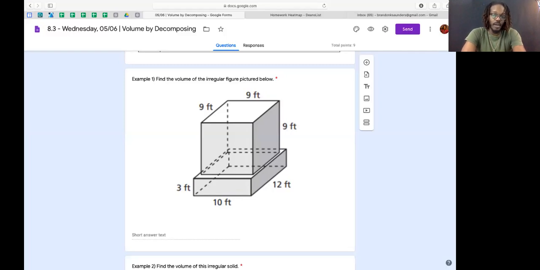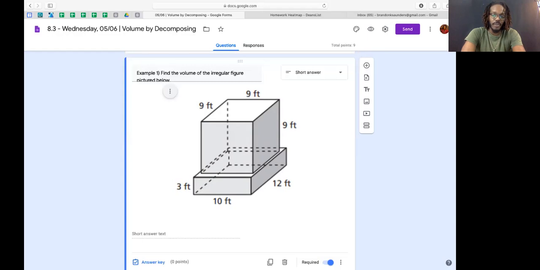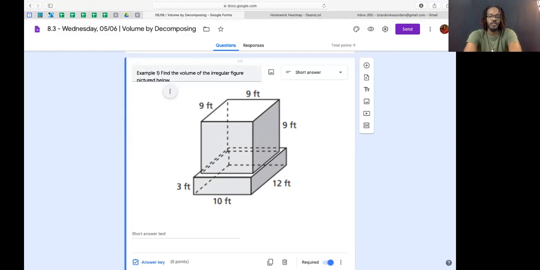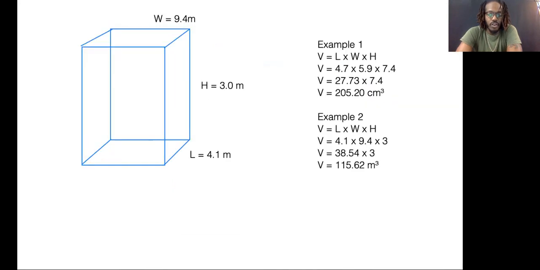There's a cube on top that's 9 by 9 by 9, and then a prism on the bottom, which is 10 by 12 by 3. So here we go. Rather than trying to draw this complicated shape, I would rather just draw the,